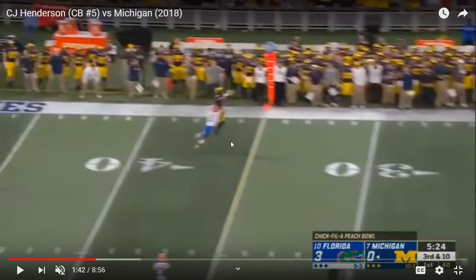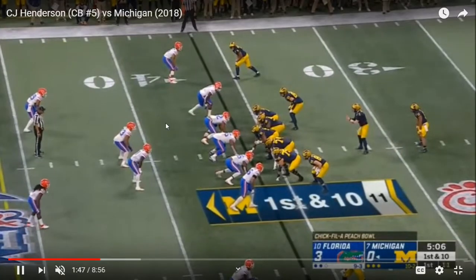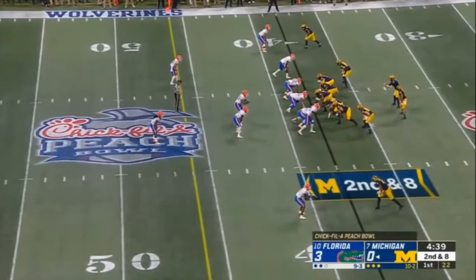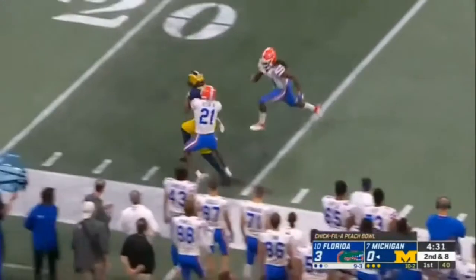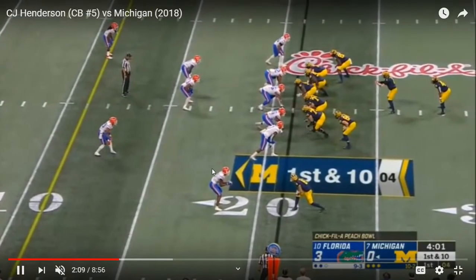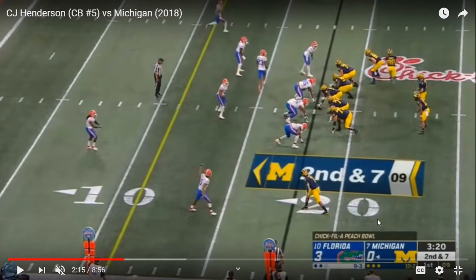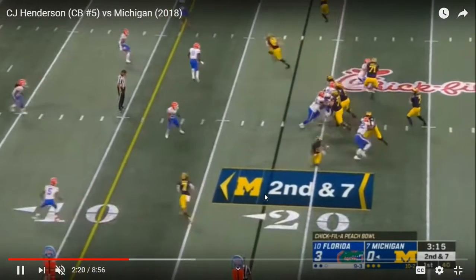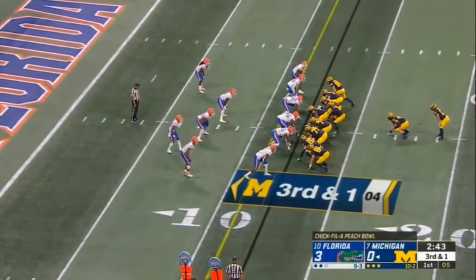Leverage, and that hinders him even on the backside of the play. Now it was a nice tackle, but again, a little bit lower there. Same thing, a little bit lower. When there's 5 seconds or less on the play clock, you should already be in position, unless you're disguising. Okay, nice tackle. Got run over a little bit early, but...